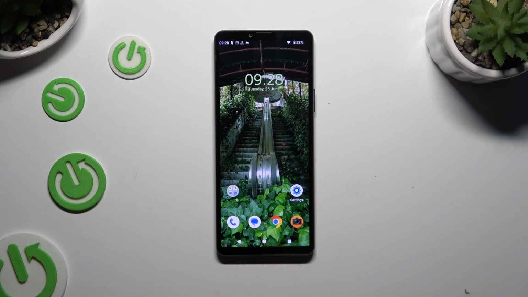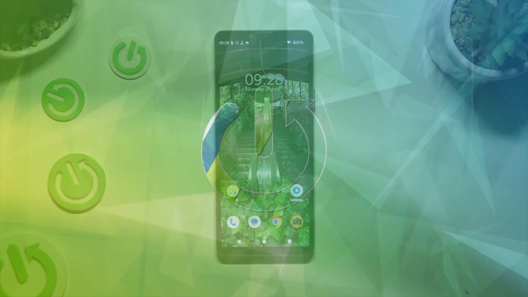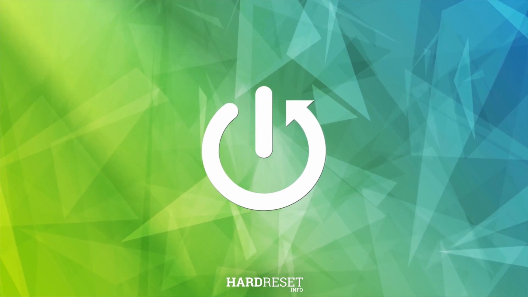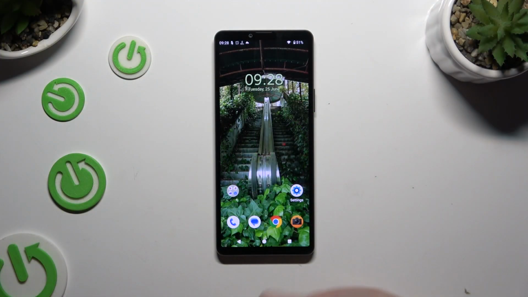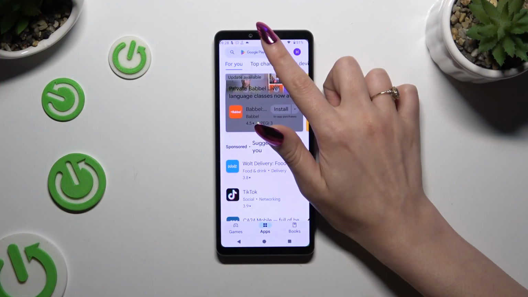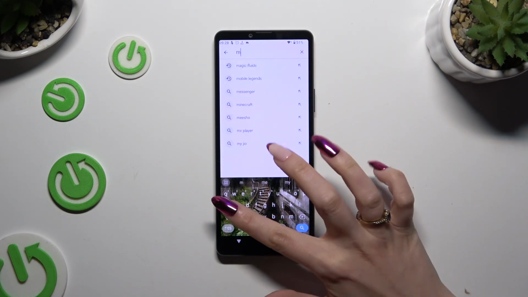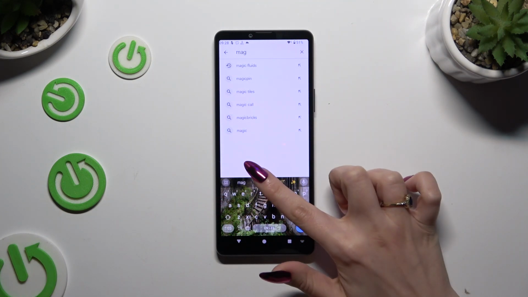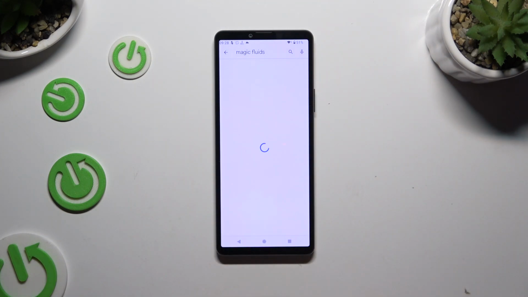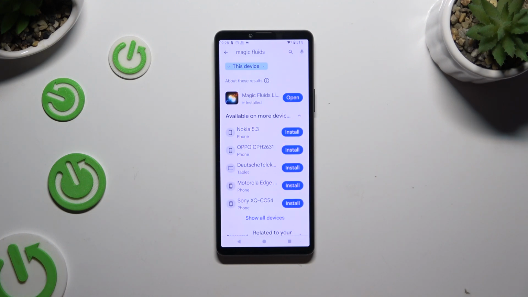In front of me is Sony Xperia 10 Mark VI, and today I would like to show you how you can apply animated live wallpaper called Magic Fluids. Begin by opening Play Store and getting free app called Magic Fluids Lite Fluid Sim from Mad Scientist Developer, the